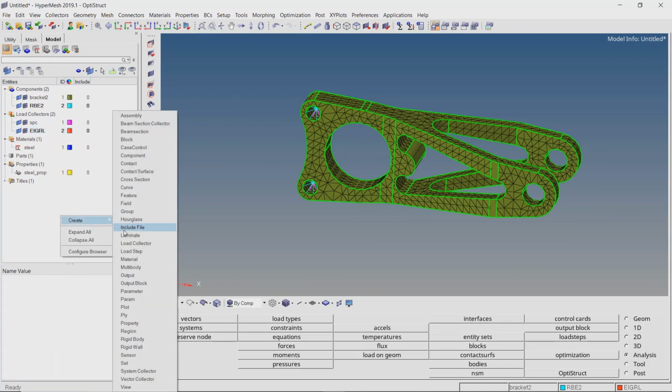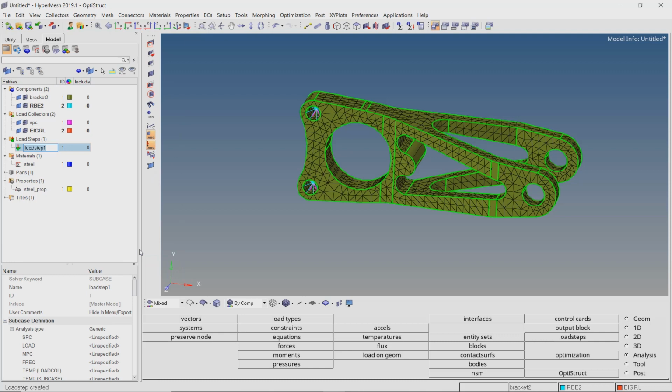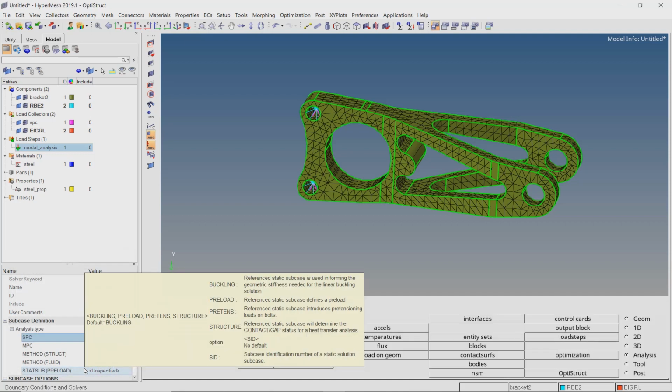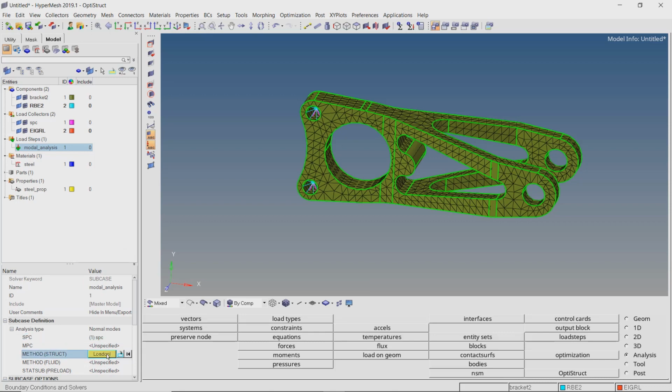Create a load step to combine the modal analysis load collectors. With analysis type as normal modes, assign the SPC load collector in proper selection box. In the method structural option, select the EIGRL load collector.